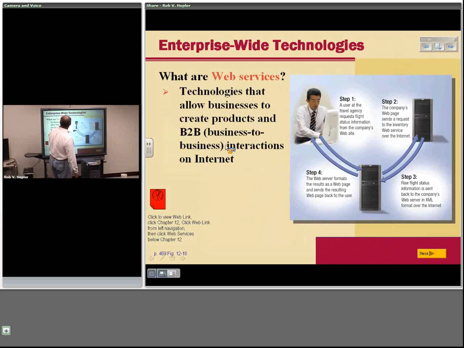A web service allows people to access software, if you will, or processing services via the web. That's what it says. And you can look at this. What you have here is, of course, one inventory, and somebody requests information. It goes from the database, and the web page talks to the database, not the customer directly, and you get